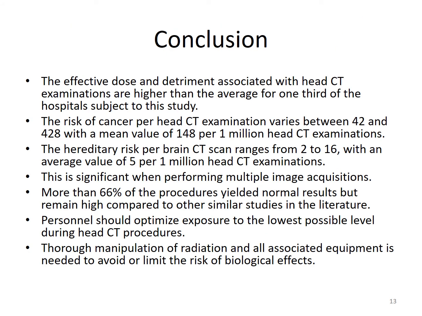As a conclusion, we can say that the effective dose and detriments associated with head CT examinations are higher than the average for 1/3 of the hospitals subject to this study. The risk of cancer per head CT examination varies between 42 and 428 with a mean value of 148 per 1 million head CT examinations. The hereditary risk per brain CT scan ranges from 2 to 16 with an average value of 5 per 1 million head CT examinations. This is significant when performing multiple image acquisition,